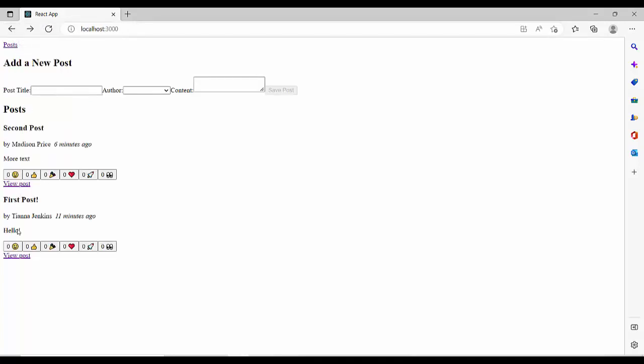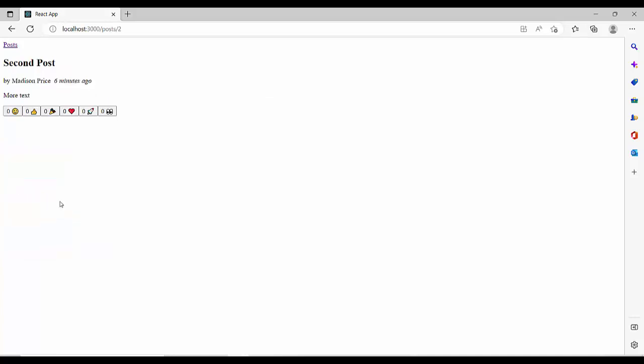It is the post list, and behind every post we have a view post, a link that we can use to view that post. Because it is a separate page, the single post page, we must install a router,